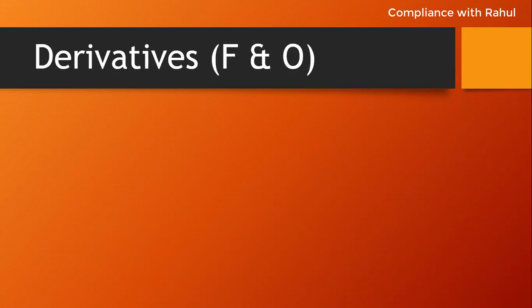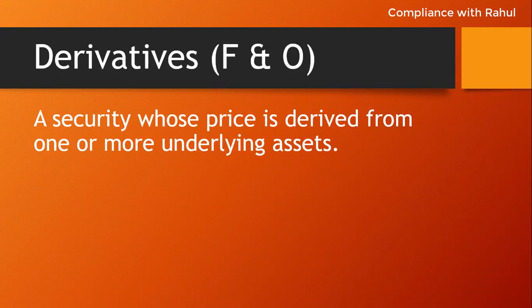Next term used is derivatives. You might have heard the term called as F&O in the stock market. F&O means futures and options. Futures and options are derivatives traded in the stock exchange. Now, what actually are derivatives? Supposing that there is one word called as the underlying. Underlying means there is something that is driving the value of the derivatives. Meaning to say,